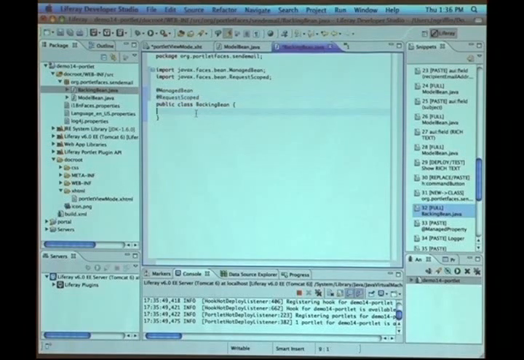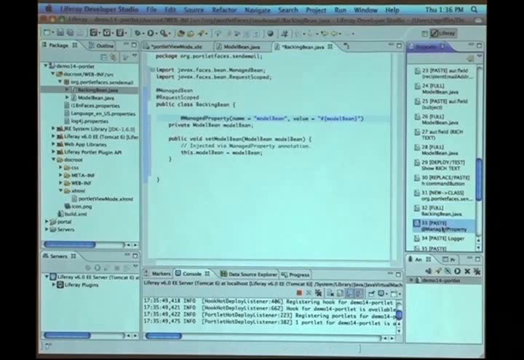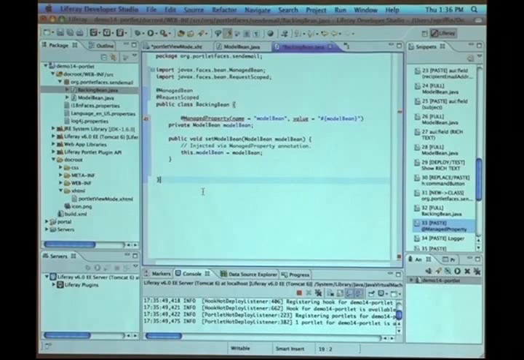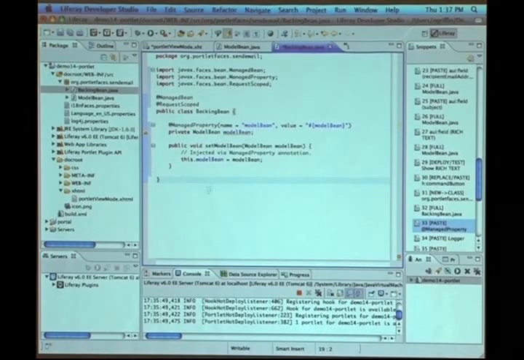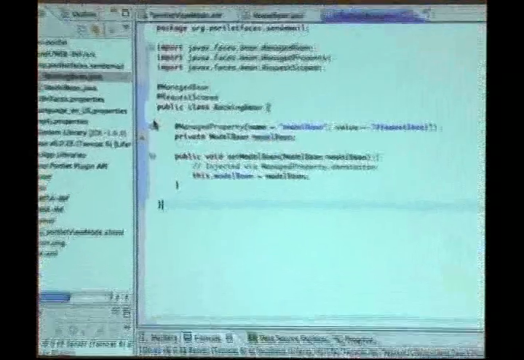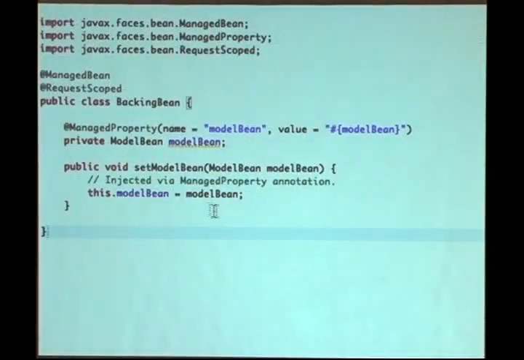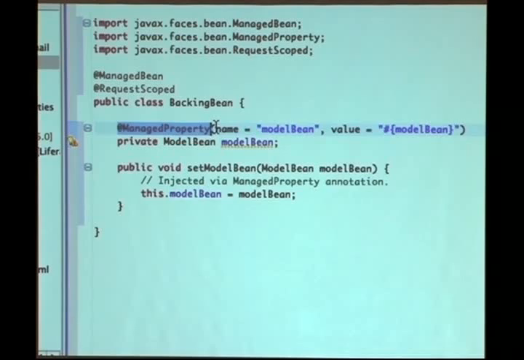Okay, so what I'm going to do here is show you how to use the dependency injection feature of the Managed Bean facility. There's a new annotation we have in JSF 2, which is called @ManagedProperty. Let me zoom in on that. If I have @ManagedProperty and I say modelBean, and then I have a little property here for the model bean and a setter, what will happen is JSF 2 does some annotation scanning when